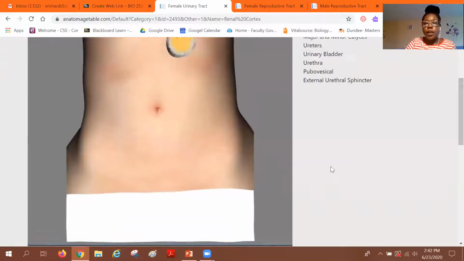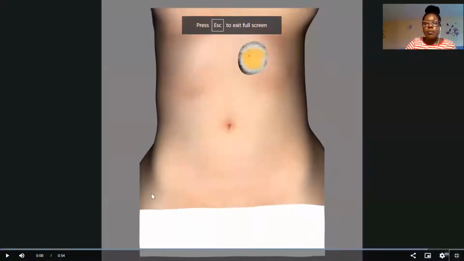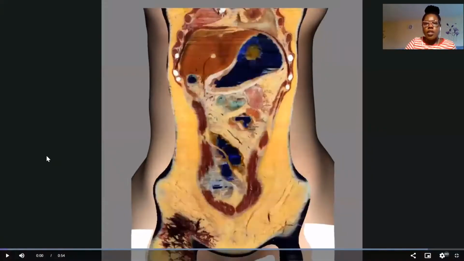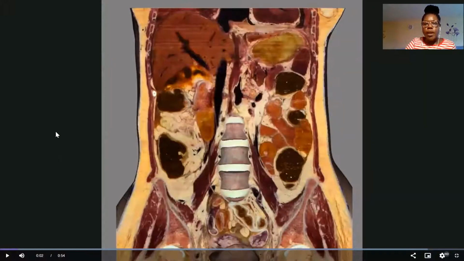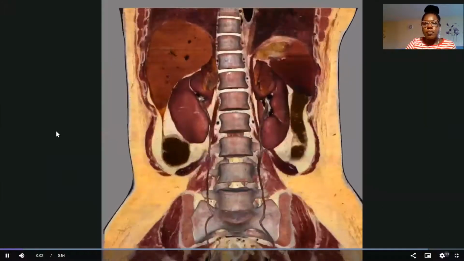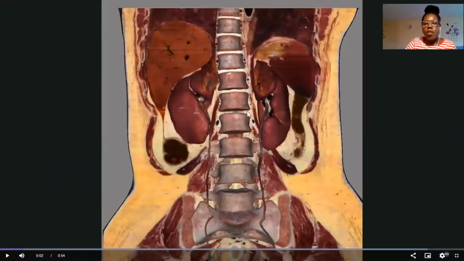Kind of an overview here with the 3D anatomy. So we're starting off with the renal system, and we're making our way all the way to the posterior aspect of the abdominal cavity. As you can see, we went all the way through the abdominal structures. In order to get to where the kidneys are, we've got to go right to the back, really close to